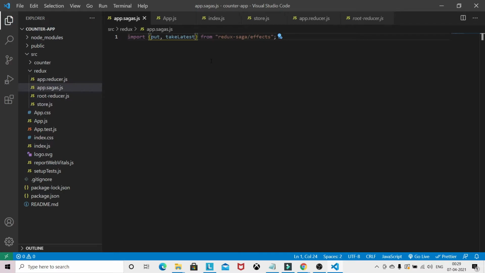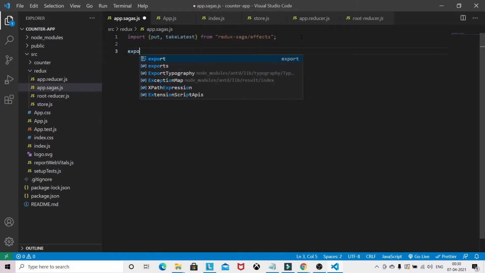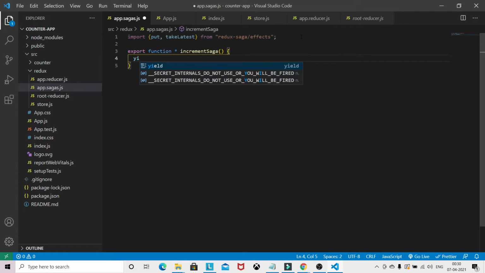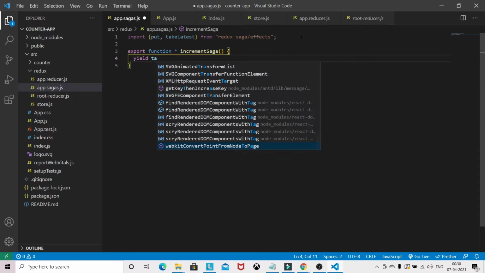You can go to the I button to watch that video. Now, export function incrementSaga.